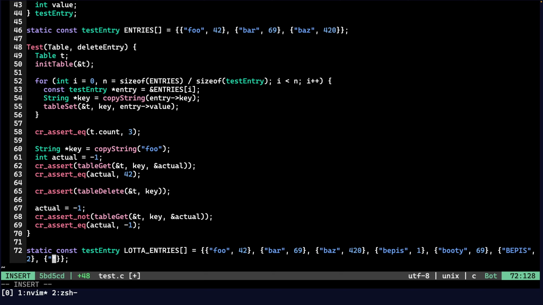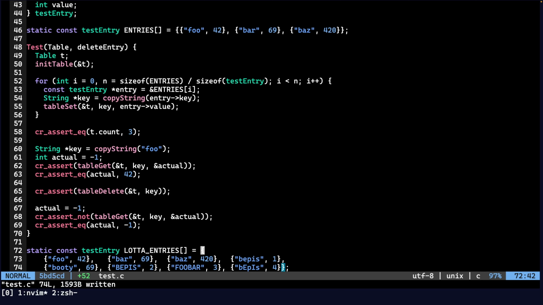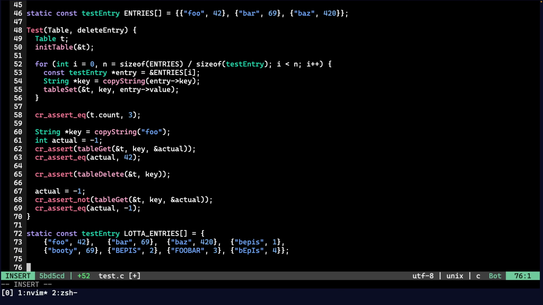So now I'm going to make an all capital foobar, and it's going to be 3, and we are at 7, and with mixed capitals BPs is going to be 4, and